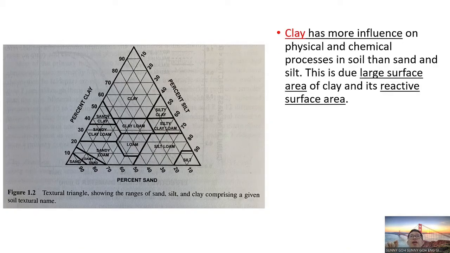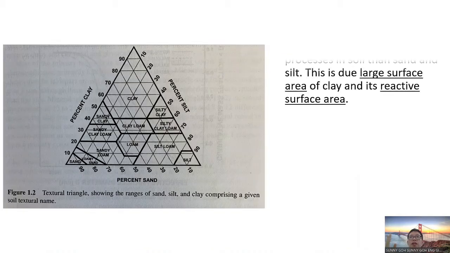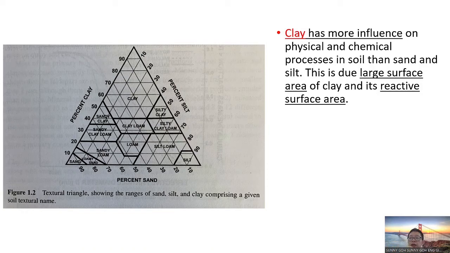Okay, clay has more influence on the physical and chemical processes in the soil than sand and silt. This is because of the large surface area of clay and its reactive surface area. Imagine that just now we talked about sand, silt, and clay. You can see that clay has a very small size, and the smaller the size of the particle, the greater the surface